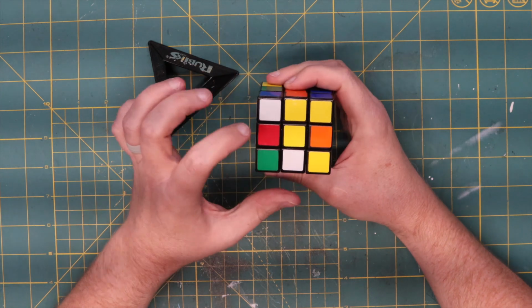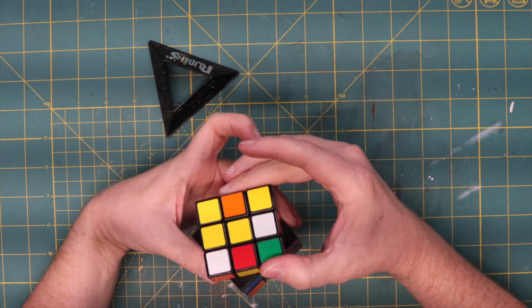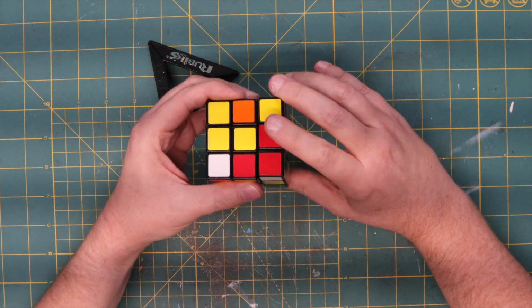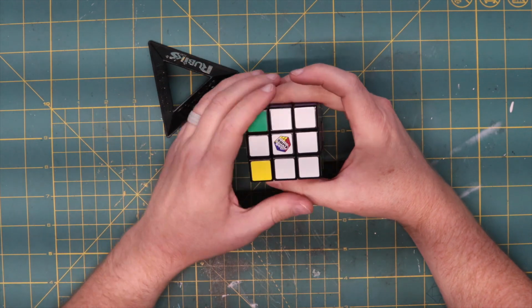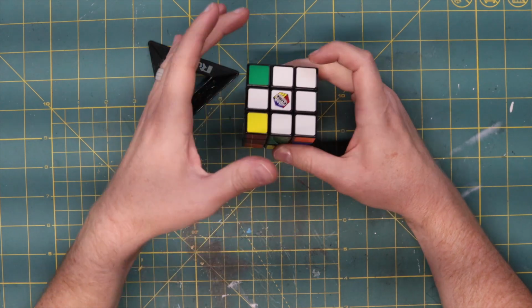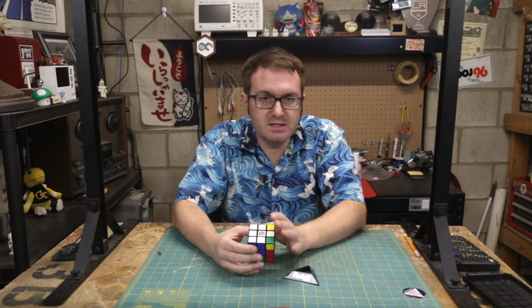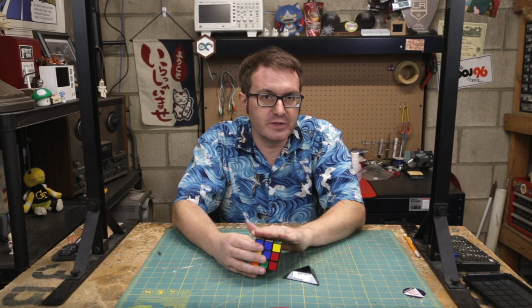And then we have what's left. This one, white, orange. So we rotate until we get to orange here, and then 1, 2. Now we have a white plus sign or a white cross right there. Now we still have two white tiles here that are matched already in the corners. Not a big deal if you don't have that, but we're going to put the whole thing together in the